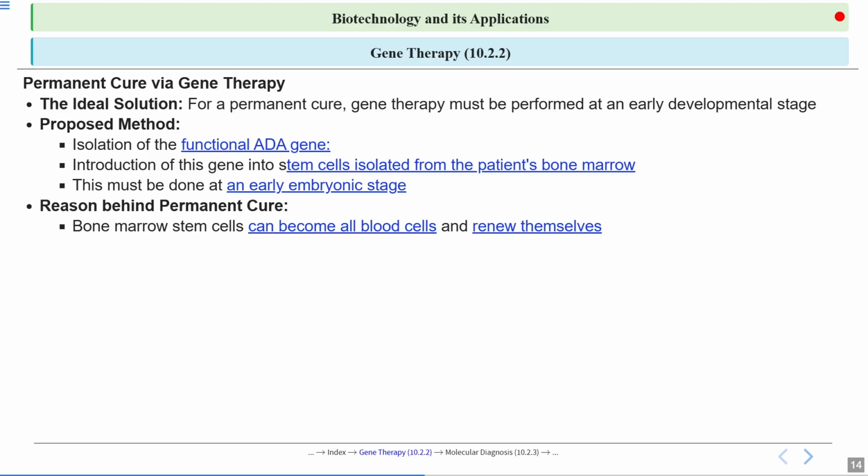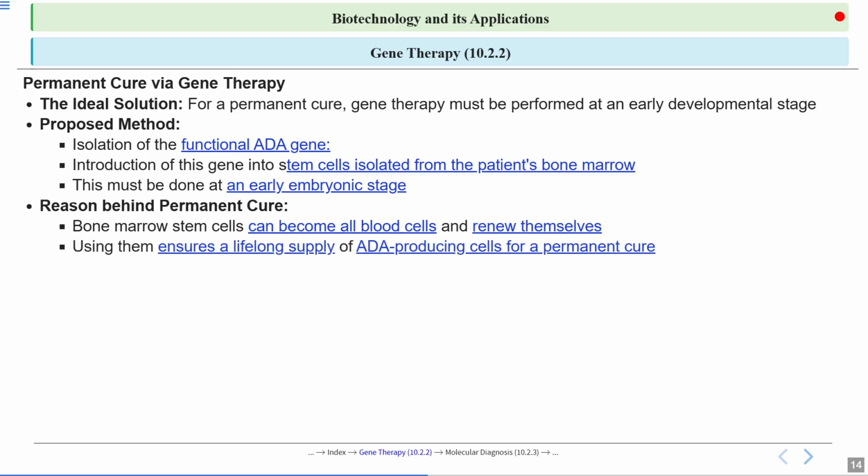So what is the reason that doing this will become a permanent cure? Because bone marrow stem cells can become all blood cells and renew themselves. We know that this bone marrow, they produce these blood cells and they can even renew themselves. So if we are doing this using the stem cells from bone marrow, then they all can become blood cells and then they will renew themselves